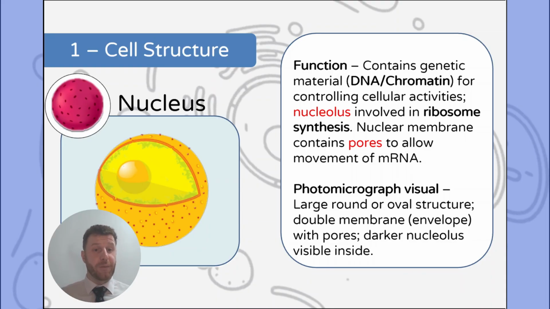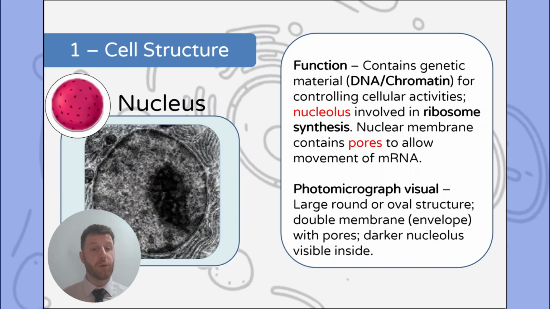The membrane that goes around the outside of the nucleus contains nuclear pores to allow things such as sections of DNA called mRNA and those ribosomes to move in and out of the nucleus as and when they need to. And so you can see all of those sections quite clearly on this micrograph picture. You've got a nuclear membrane around the outside, and whilst it's not perfectly clear, there are areas that are not whole. The membrane has been split to allow things to leave, and that big dark patch that you can see slightly to the right of the center is the nucleolus,